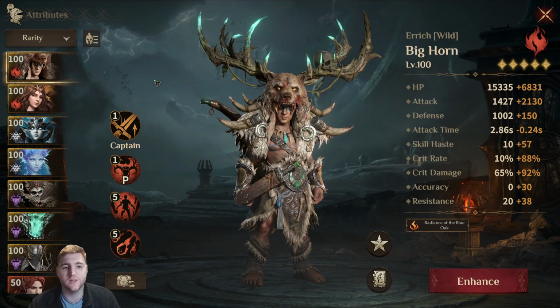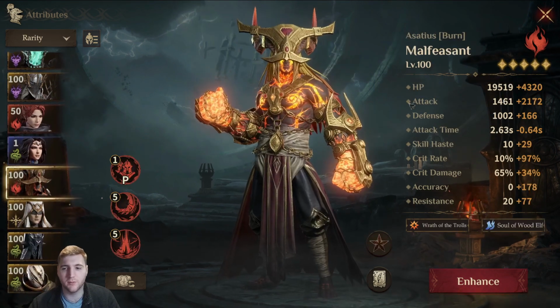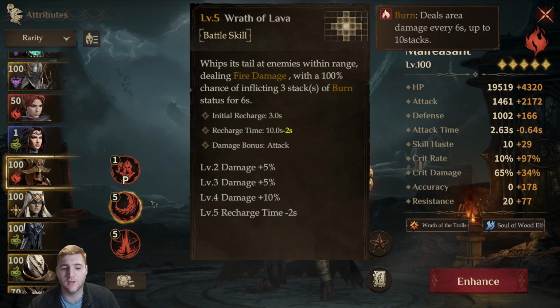We'll go into a bit more detail in just a second, but first let's go over to the burn effect. So again, you can see abilities that apply the burn effect have another marker over here explaining what the burn effect does. Deals area damage every 6 seconds up to 10 stacks. And you can see the ability itself says with a 100% chance of inflicting 3 stacks of burn status for